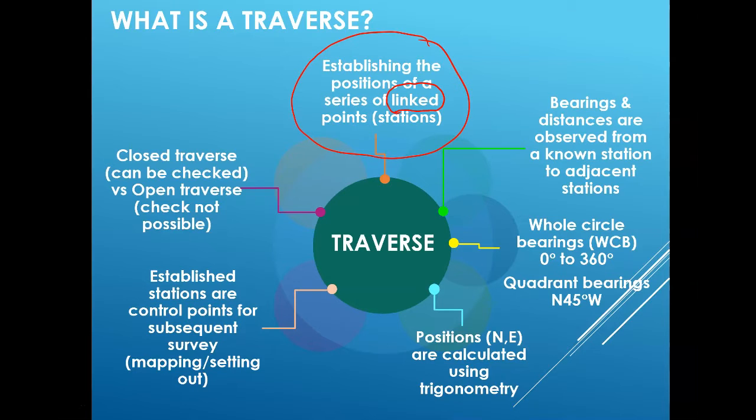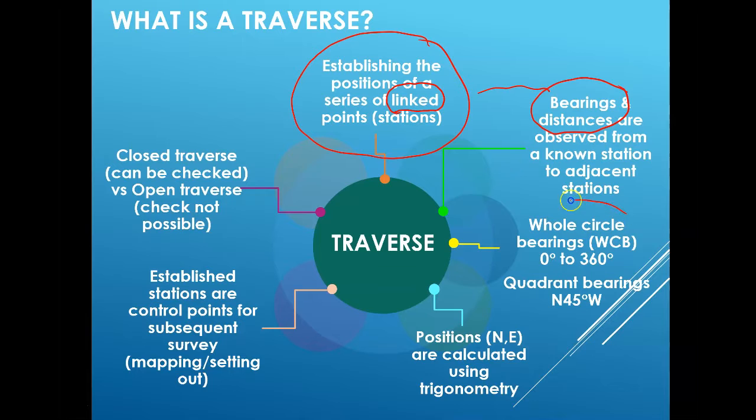And how are they linked? They are linked by bearing and distances. So imagine a series of points, and all those points will have values of bearings and distances, the line joining them. Now when we talk about bearing, when we do measurements in traverse, there are basically two types of ways,